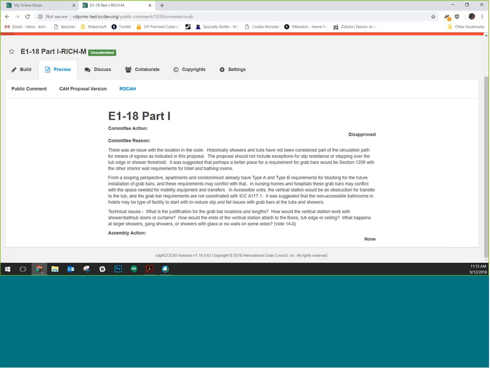So this preview tab's got a lot more information for you than just the original proposal. When you're a proponent of a proposal, as we walk through time, as we move through the process, you're going to see more and more items on this preview tab on your original proposal. And your original proposal, you'll always be able to track what online mods were there once we get past the